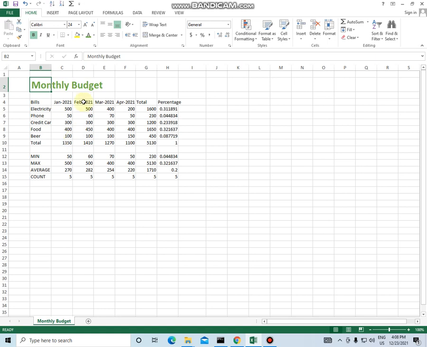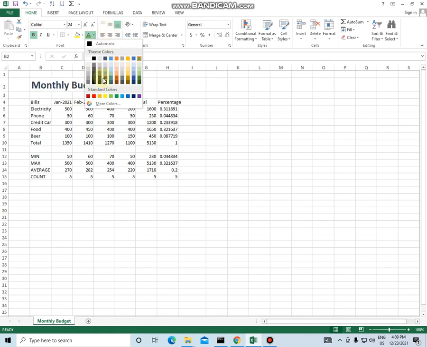And here, when we click on font color, we have all sorts of colors. So your colors are broken up into two sections. You have theme colors, and then you have the standard colors. Now here I am seeing several different columns and rows of colors, but the theme color is actually tied to the theme of this document.